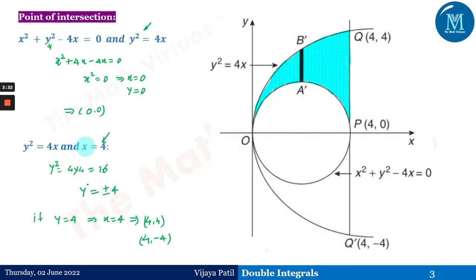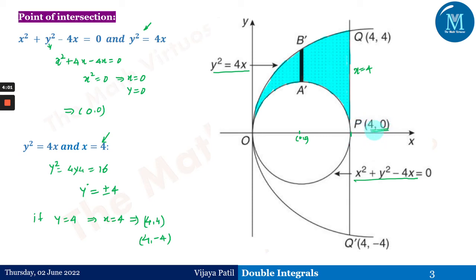And if we plot all of them in one graph, we can get the particular graph. So this is a circle, x square plus y square minus 4x is 0. This is the parabola, y square is equal to 4x, and the line x is equal to 4 is this line, which is the line passing through x is equal to 4. Again, we can check that the center of the circle is 0 comma 2 and the radius is 2 units, and that's the reason this particular point is nothing but 4 comma 0.